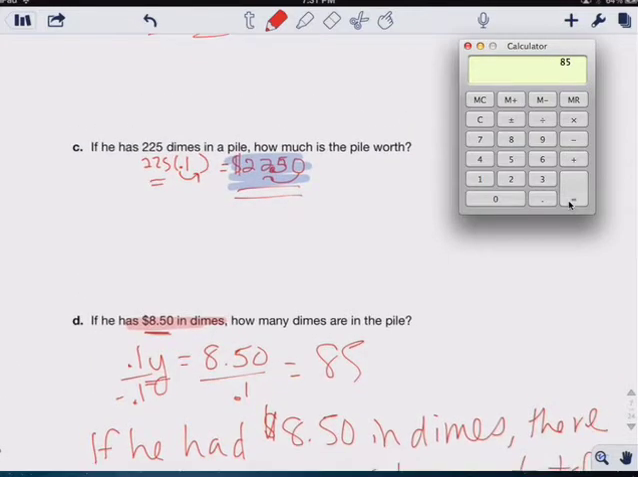So here, if he had 225 dimes, it would be worth